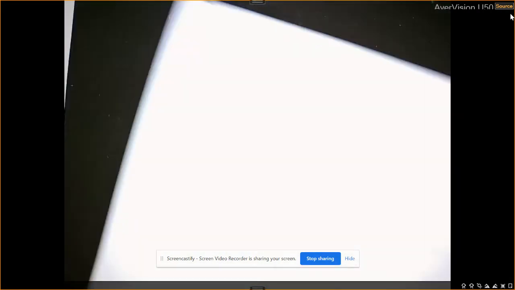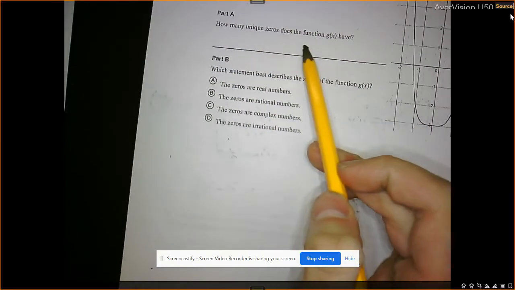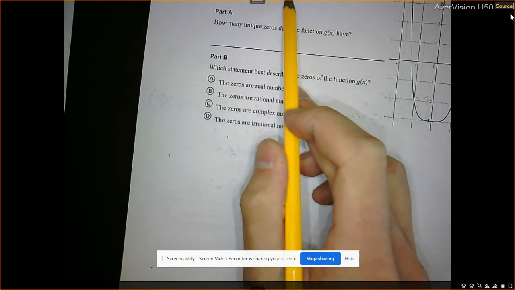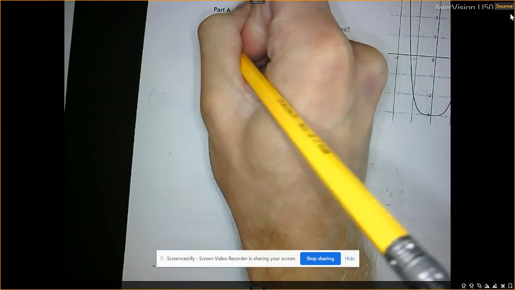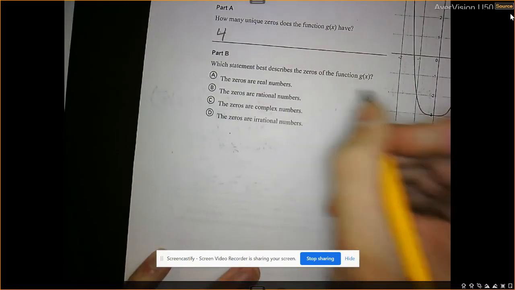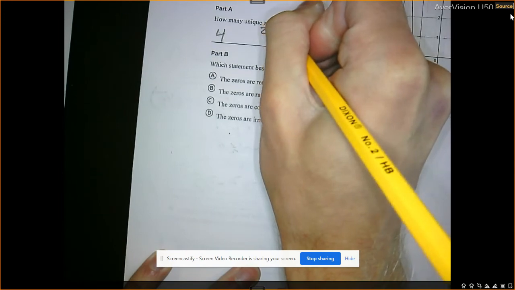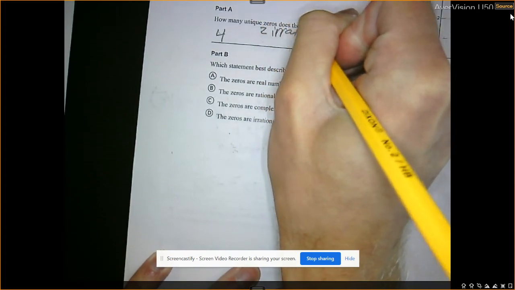And then lastly, number 15. How many unique zeros does the function g of x have? Well, it's an x to the fourth, so it's going to have 4. And if we only see two and they don't go through pretty numbers, that means two are irrational because they don't go through nice whole numbers. Two are irrational here. And then